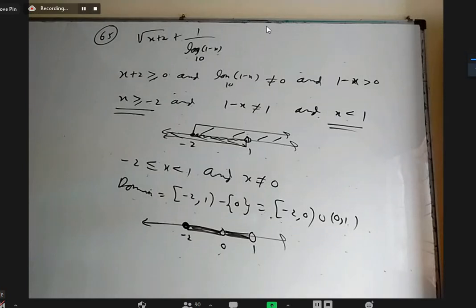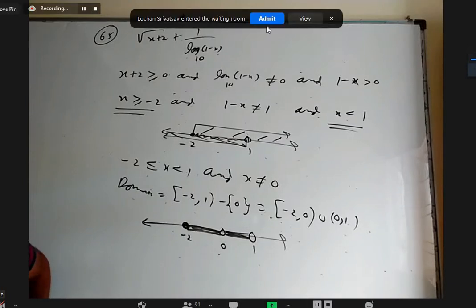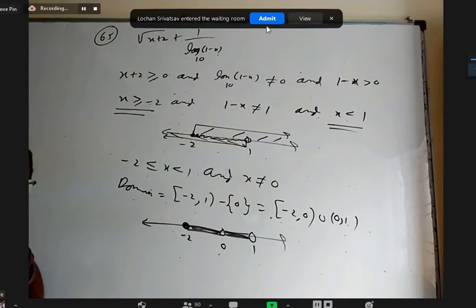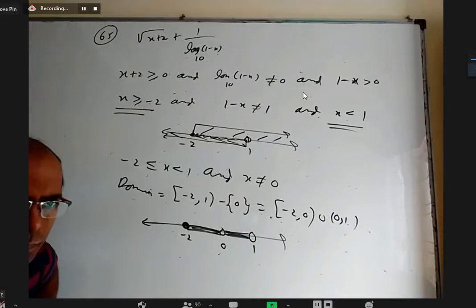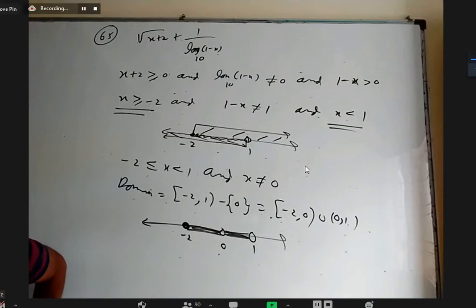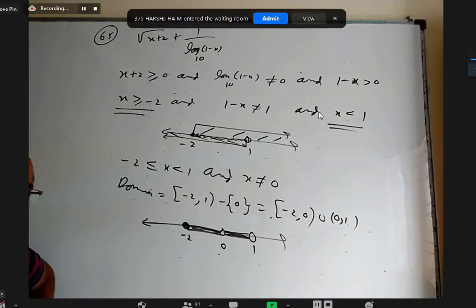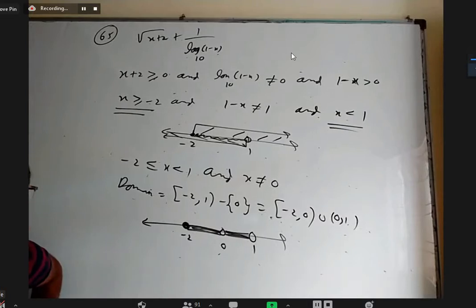Sir, what's the difference between domain and codomain? We have not discussed about a function. A function basically will have an input and will have an output. The output is a part of a set. That set is called the codomain, and the complete output is called the range. And the input is called the domain. So meaning the codomain is a part of the range. No. Range is a subset of the codomain.